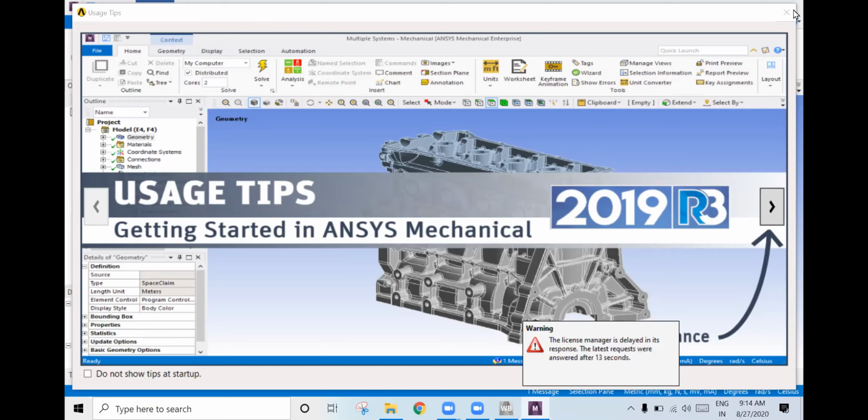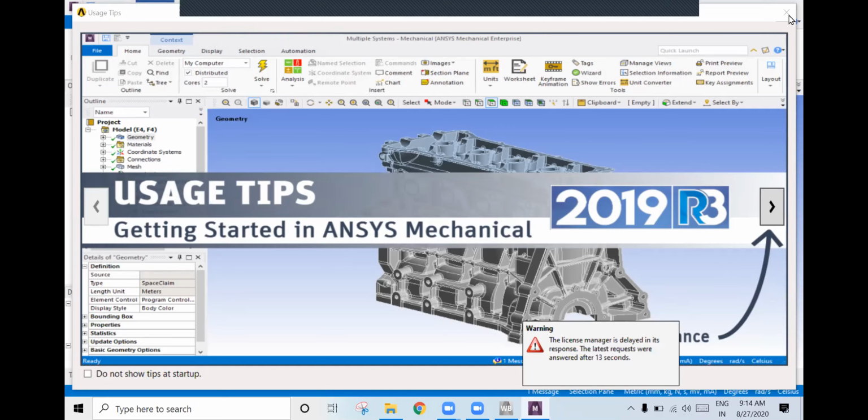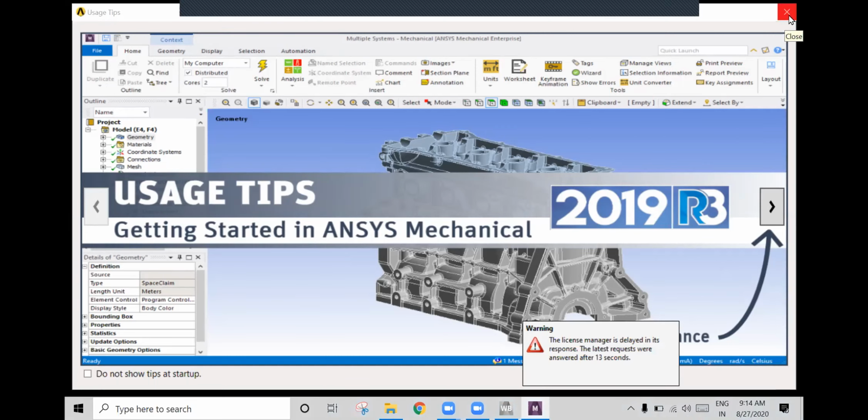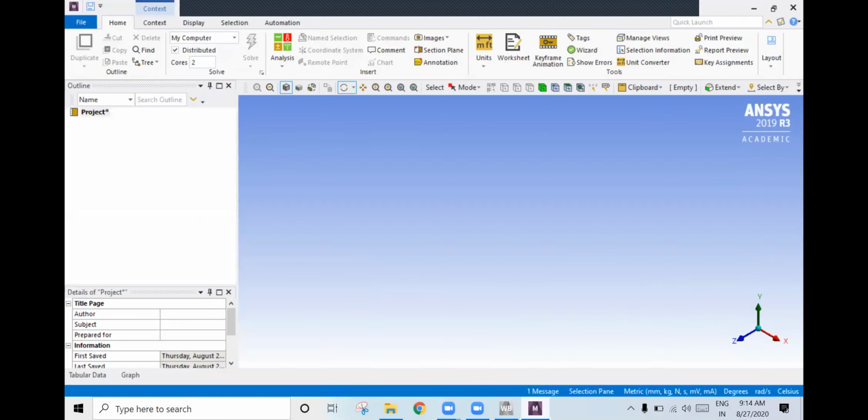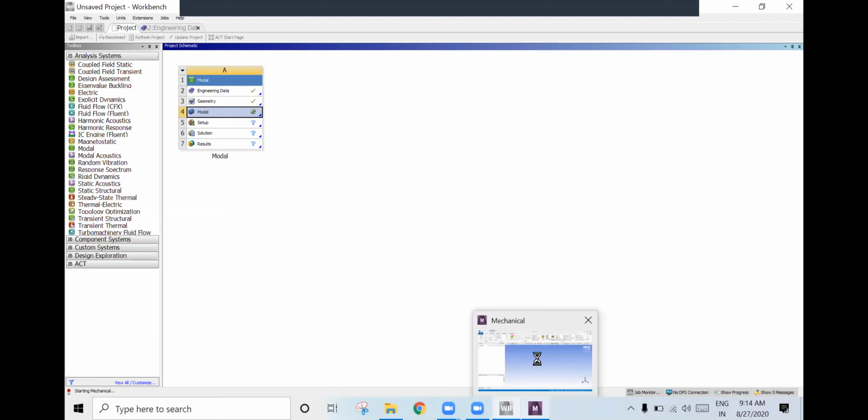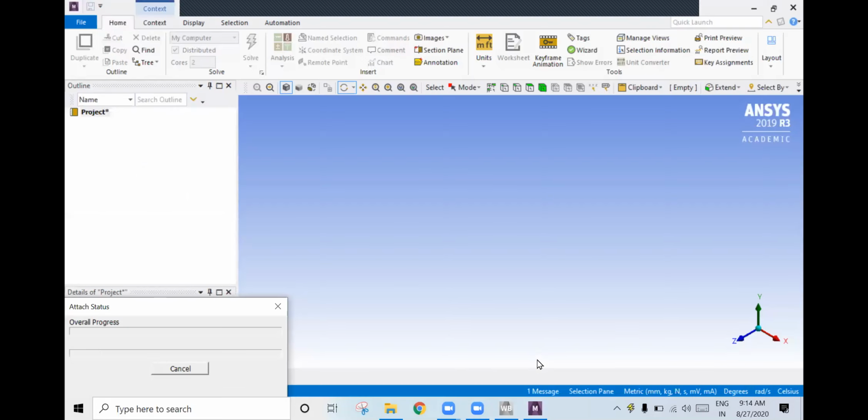Okay, I'll just close this. Here we have it, still opening. Usually any analysis software will take more time to run.